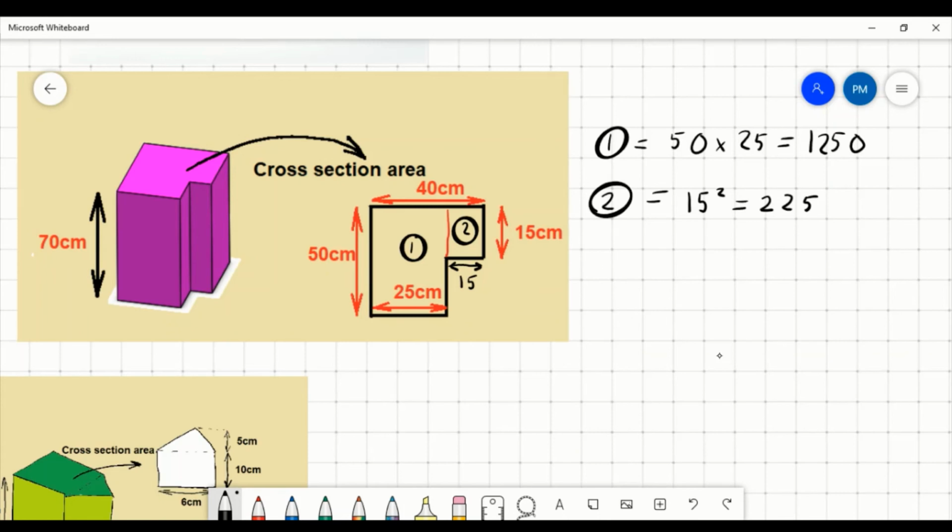So the total area is equal to 1250 plus 225, which is equal to 1,475